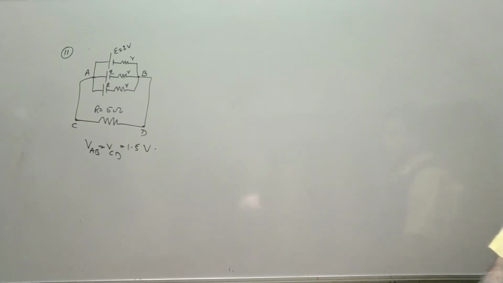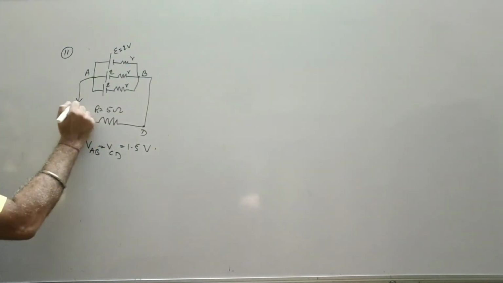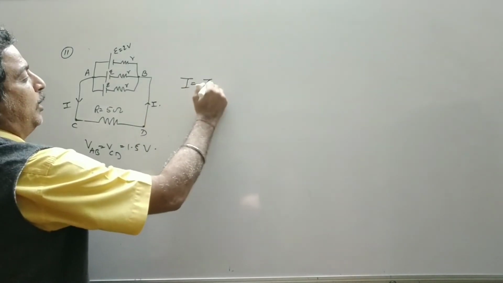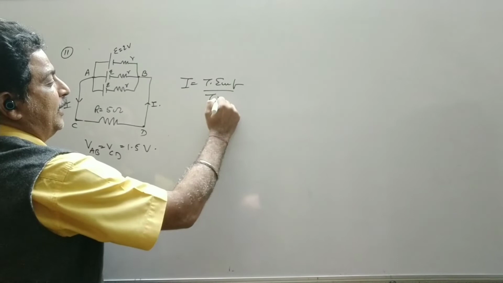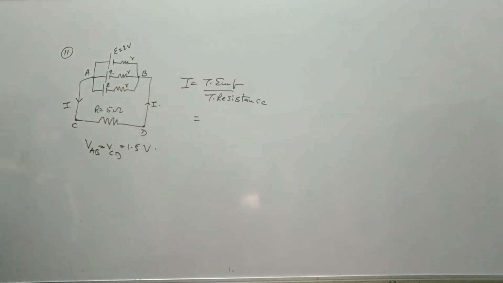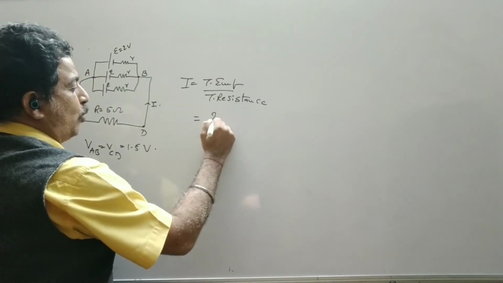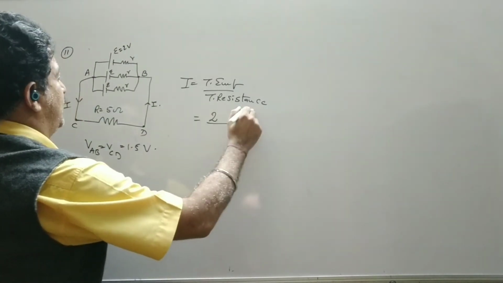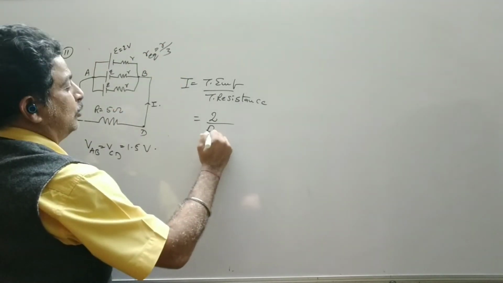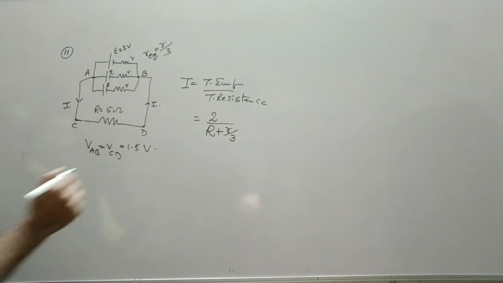Clearly all the 3 cells are connected in parallel combination. So first we find out the current in the circuit. So what will be the current in the circuit? I is equal to total EMF divided by total resistance. Now we know that in parallel combination the EMF remains same. So EMF of this combination is 2 volt only. Total resistance, so these are 3 in parallel combination, so r equivalent becomes r by 3. So total resistance is external plus equivalent of internal. This is your I.